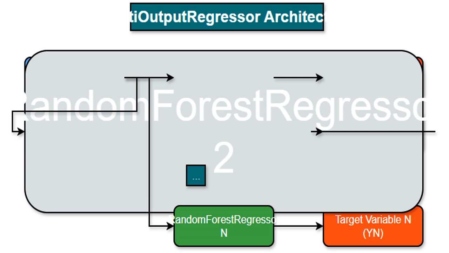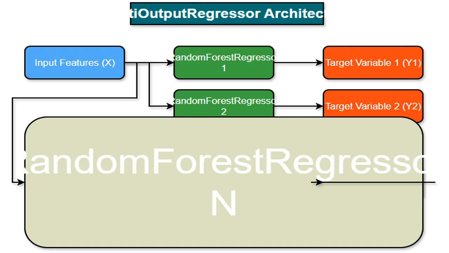variable, y2. Crucially, this model operates independently of the first random forest regressor. This is the nth model. This represents a model for any number of target variables. Each model is a random forest regressor and is trained to predict its assigned target variable. These models operate independently. It's the generalization of the first two for a situation where you have n target variables,